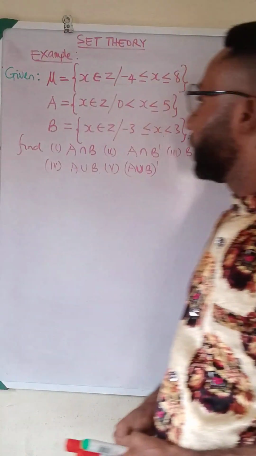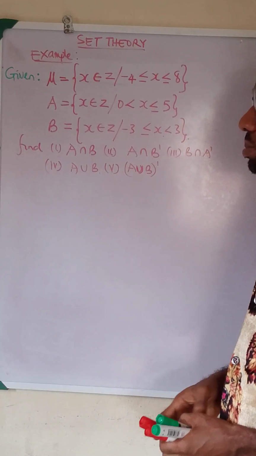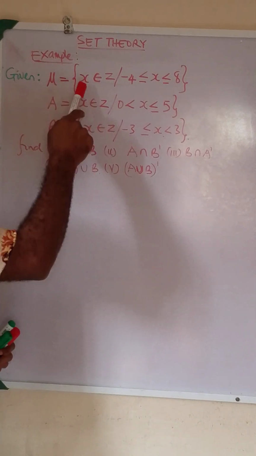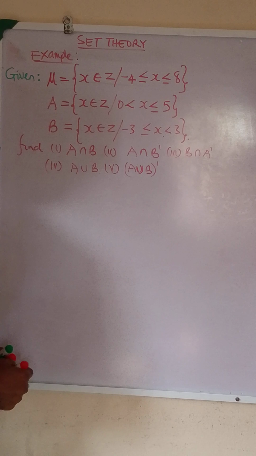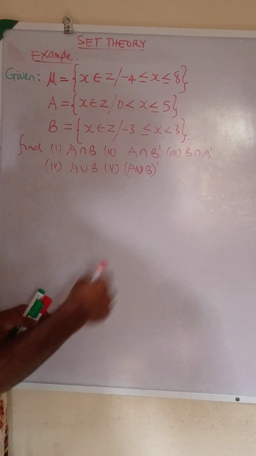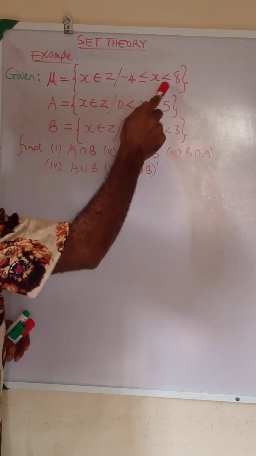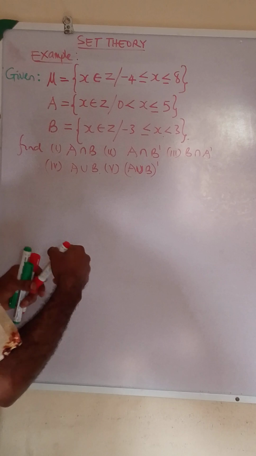Viewers, we are considering set theory, and under set theory we'll be given this example. We are given that the universal set, and this means that X is a member of a subset such that its boundary is between -4 and 8. And so what this is